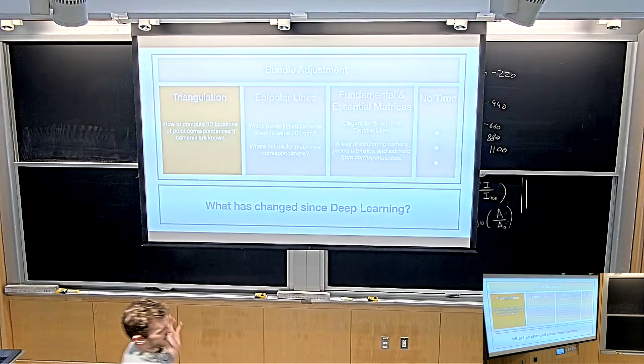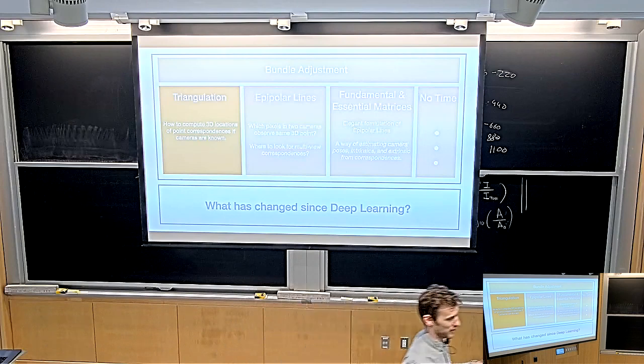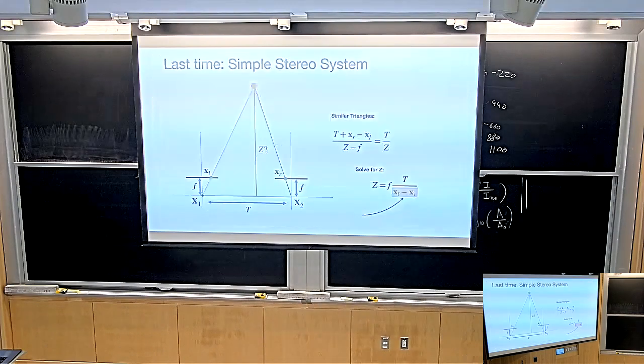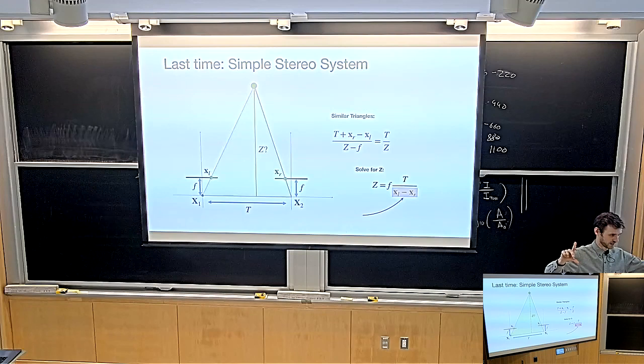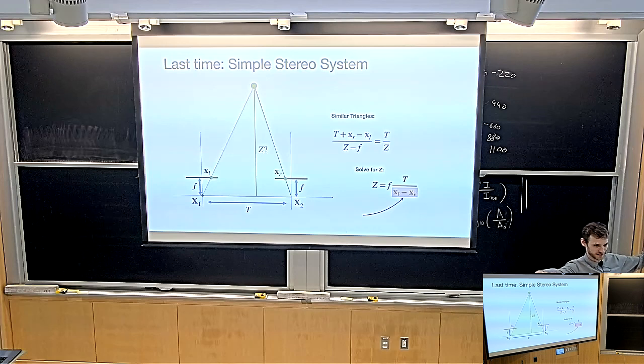Now comes triangulation. So we want to compute the depth of that point. And you might notice, well, last time we already talked about this system here, and you might ask what is different from this system, because that's exactly what we did, isn't it? No, it's not, because in this system, we assumed that the cameras were both pointing forwards, in the same direction. It might not seem like much, but the fact that the cameras are not pointing in the same direction, like that for instance, makes the problem a whole lot harder.